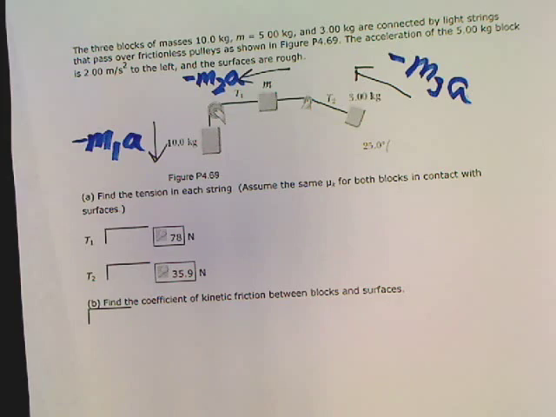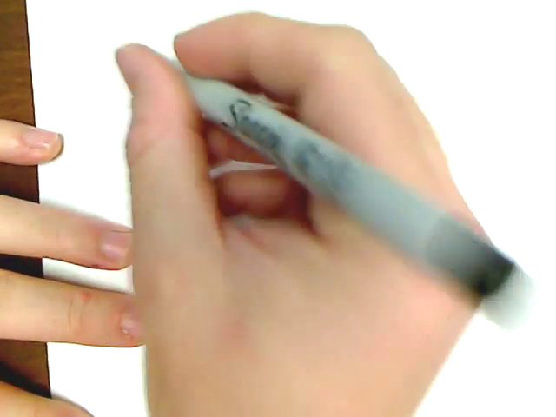So before we get carried away, though, we need 3 free body diagrams, and that's what makes this one so hard. So let's come back here. Let's start this off. 3 free body diagrams. So 1,